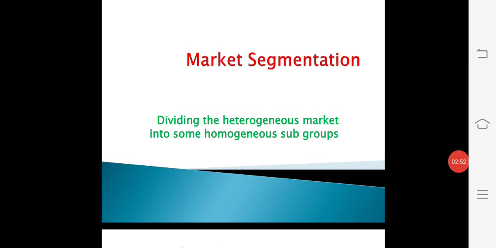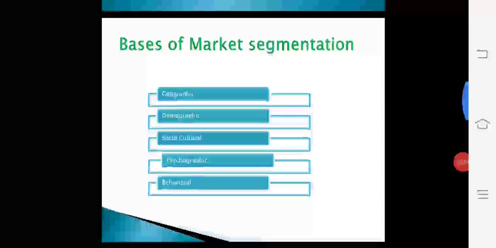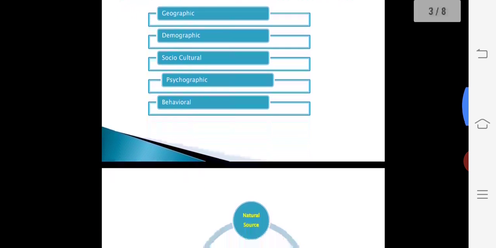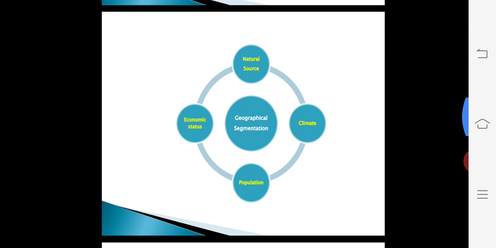Now we will discuss the various bases of market segmentation. Friends, these are the various bases of market segmentation. The first one is geographical basis. The second one is demographic segmentation or demographical basis. The third one is socio-cultural segmentation or socio-cultural basis. The fourth one is psychographic segmentation, and the fifth one is behavioral segmentation. All these bases of market segmentation are very interesting and we'll discuss them one by one. So this is the first one, that is